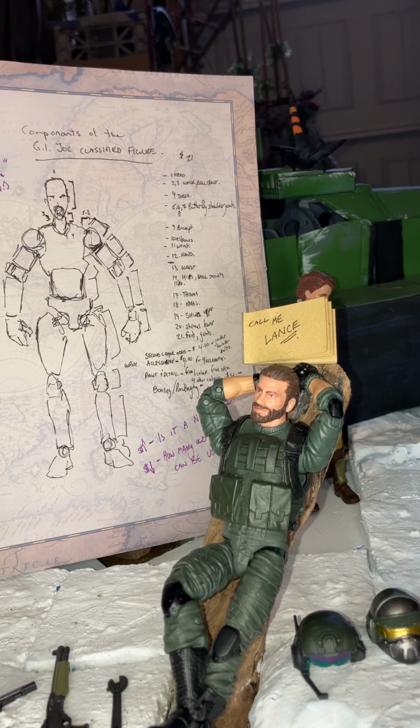The components of a G.I. Joe classified figurine, you got approximately 21 basic components going on a figurine, all slapped together to form these articulate masterpieces that Hasbro has provided for us, okay? So from head to toe, you're looking at approximately up to 21 or more pieces, right? So you got one for the head, about 2 pieces in the neck, you got that 1 piece torso, then you got about 4 pieces per shoulder, you got a set of biceps at 2 pieces for the set,